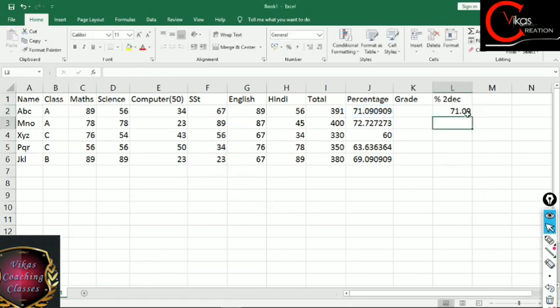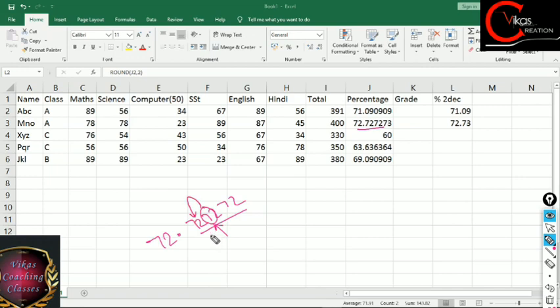मैंने प्रेस करा एंटर की, हैव अ लुक, वी गॉट ओनली 2 डेसिमल पॉइंट. सो आई एम नाउ जस्ट ड्रैगिंग इट डाउन. इसमें चेक करो 72.73 आया. अब देखो 72.73 क्यों आया, ये वैल्यू लिखी थी 72.727272। जब इसको हम लोग 2 डिजिट्स ऑफ डेसिमल तक राउंड ऑफ करेंगे तो देखो यहाँ पे थर्ड डिजिट में लिखा हुआ है 7, और जब ये राउंड ऑफ होगा तो ये अगली वाली डिजिट को 1 पॉइंट से इंक्रीज कर देगा। इट मीन्स ये 2 बन जाएगा 3। सो दैट्स व्हाई वी आर गेटिंग दिस एज 72.73।